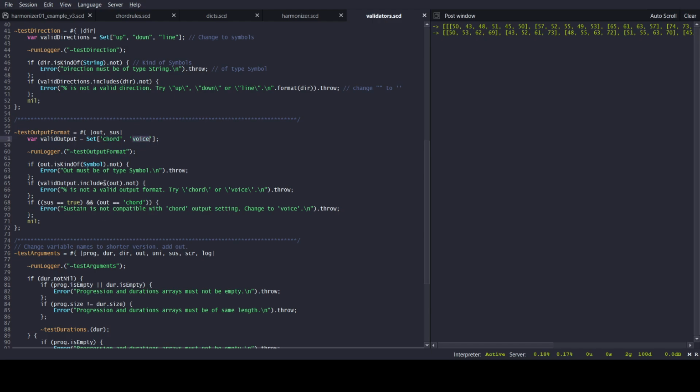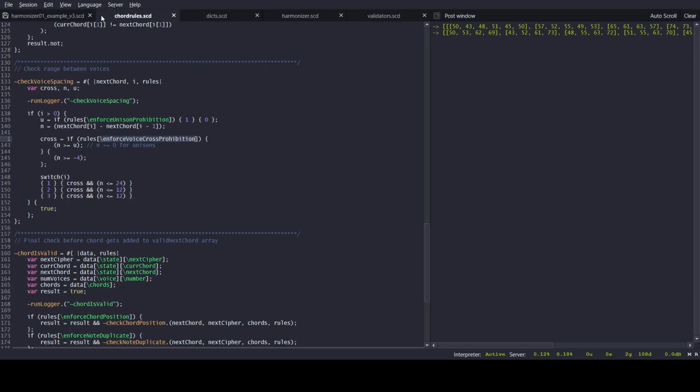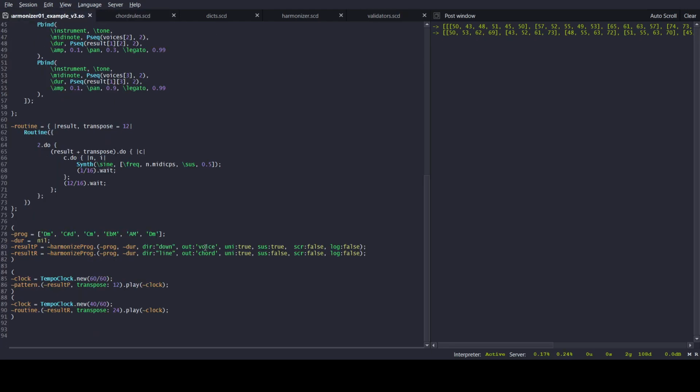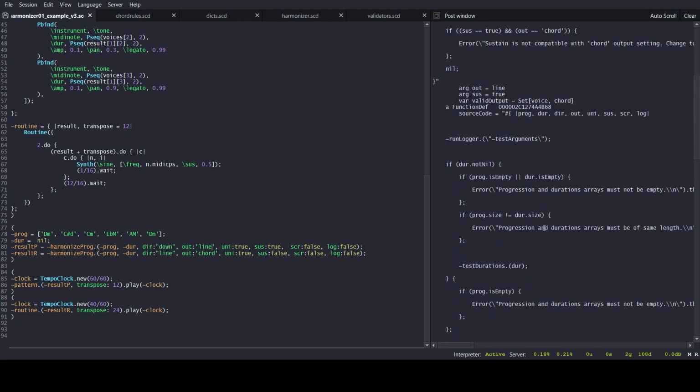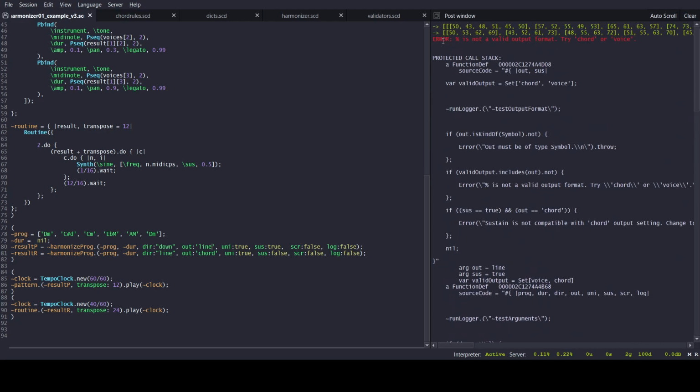So valid output includes out. So it's checking whether this set includes whatever was passed in as argument. If it does not include, then it means it's not valid. We can test this. So let's say line. Okay, we get an error message saying,